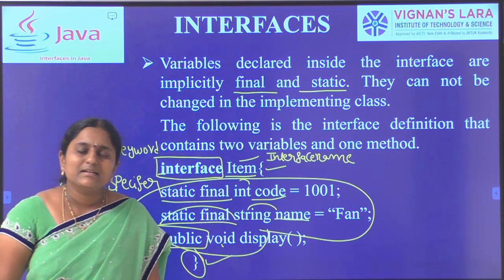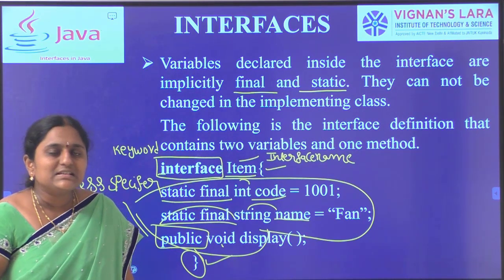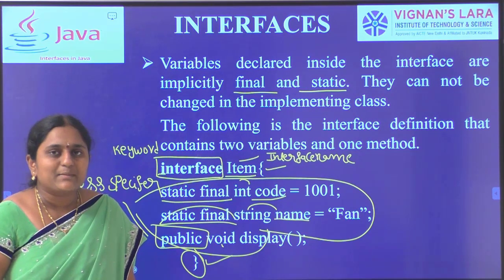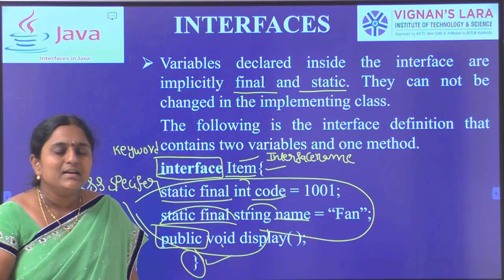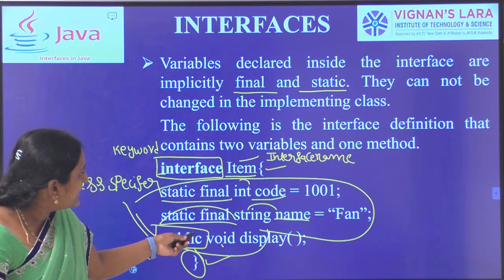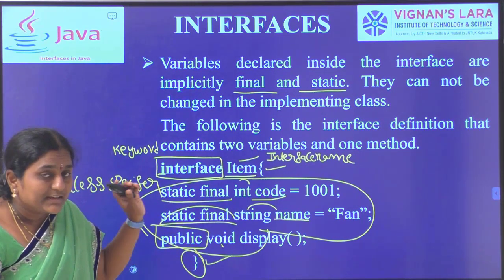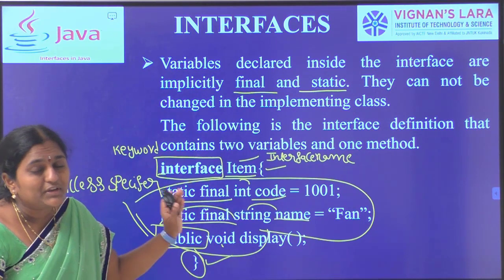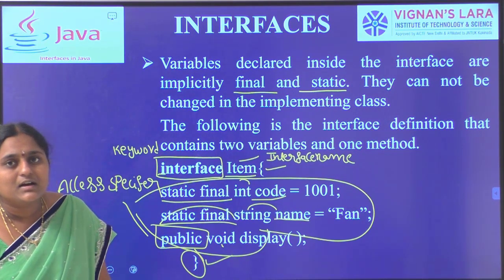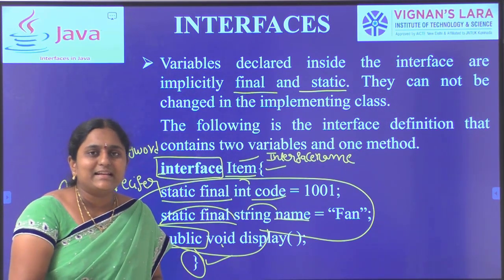Interface methods contain only method declarations without any body. Implicitly, any method defined within an interface is treated as an abstract method. An abstract method is a method without any body. In the interface we have already written one method, the display method. It contains only the method declaration without any body. It is the responsibility of the implementer to provide the method body in later stages.